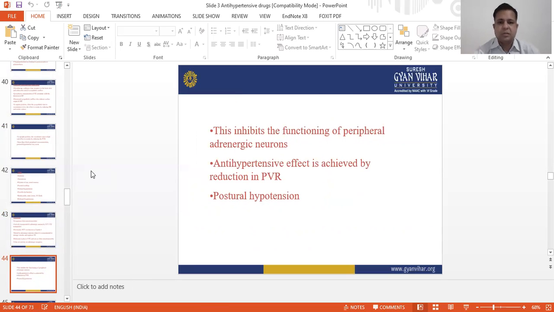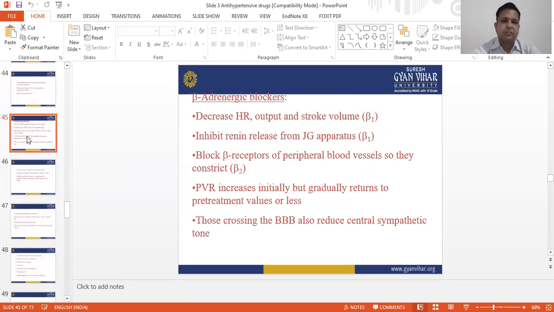This inhibits the functioning of peripheral adrenergic neurons. Antihypertensive effect is achieved by reduction in peripheral vascular resistance, and postural hypotension. Beta-adrenergic blockers decrease heart rate, output, and stroke volume by blocking beta 1 receptor, and inhibit renin release from